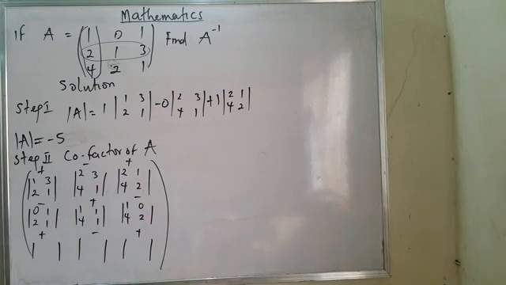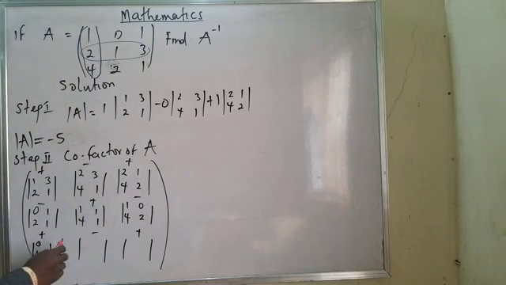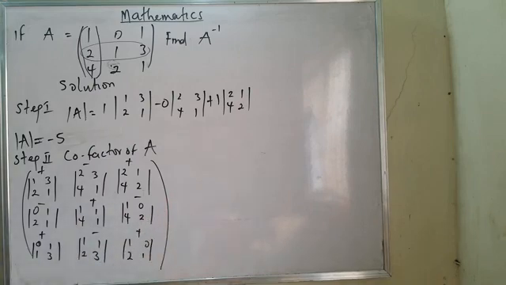Now the last line will be 0 1 1 3, 0 1 1 3, and also 1 1 2 3, and the last one will be 1 1 0 2. That is my row reduction. Now don't forget the sign on it. It means if I should continue,